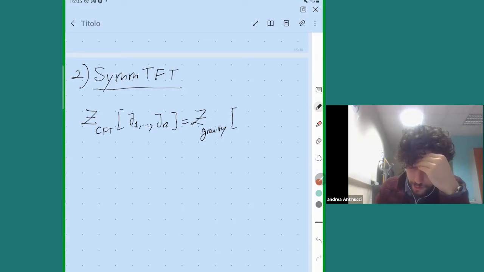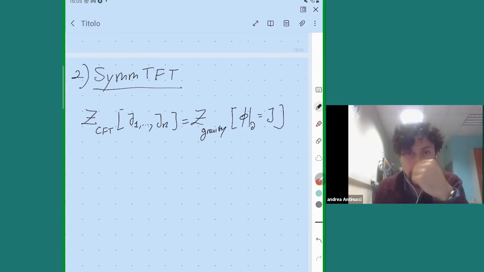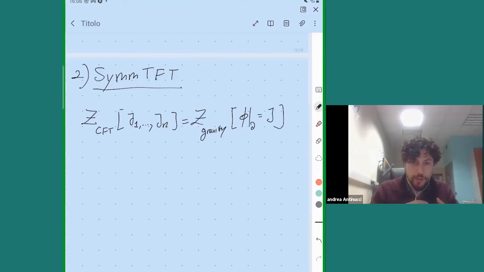Partition function of gravity, where in the path integral you have certain fields, and you impose that the boundary value of these fields are fixed to be equal to the sources of the boundary theory. So basically, you can interpret this as saying that the sources of your QFT are made dynamically in the bulk. So you can try to reverse the logic, and in principle, you may hope to construct from a bottom-up